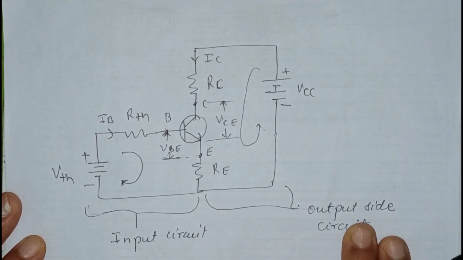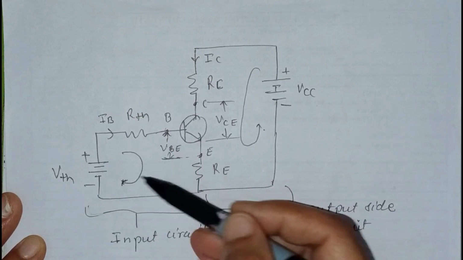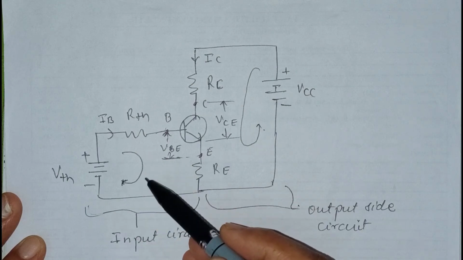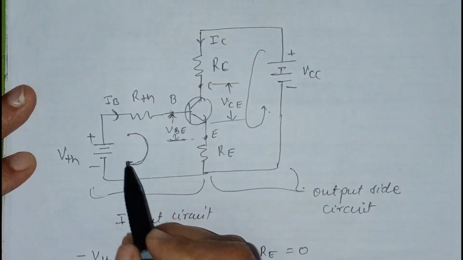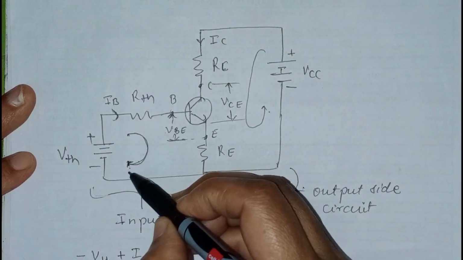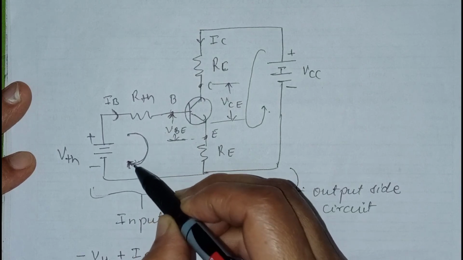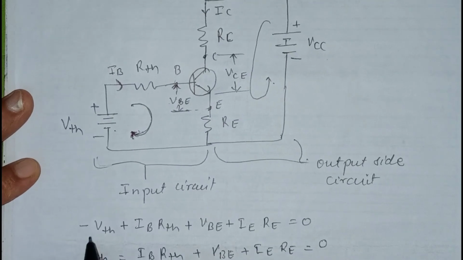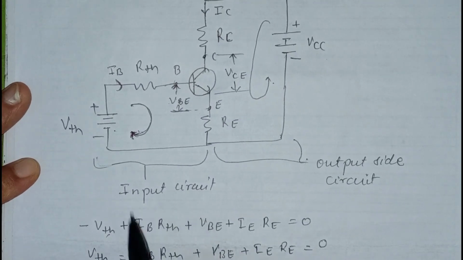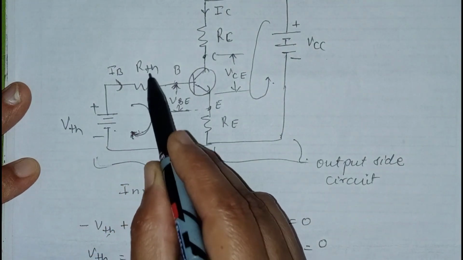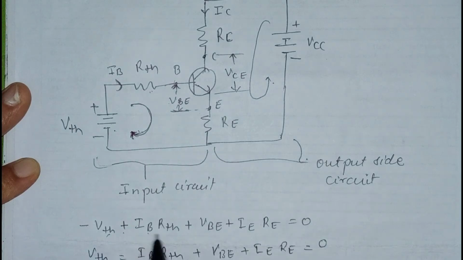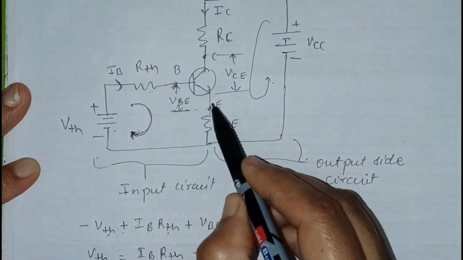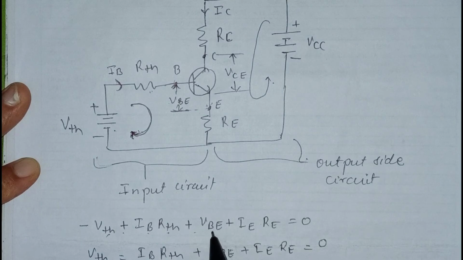First of all, we will analyze the circuit from the input side. So we will write the loop equation for the input section. Now we will write the loop equation. We can see here the current is going into the negative terminal, so we have taken this as minus VTH. Now the current is going in this resistor, so plus IB into RTH, then this voltage VBE, so plus VBE,